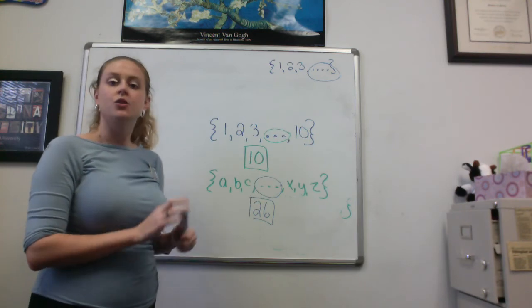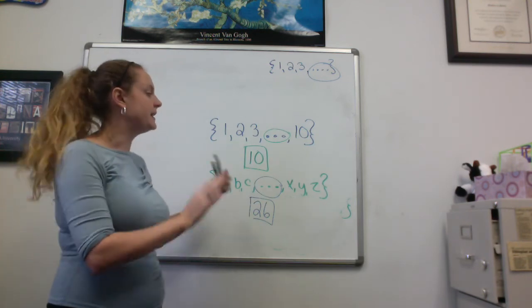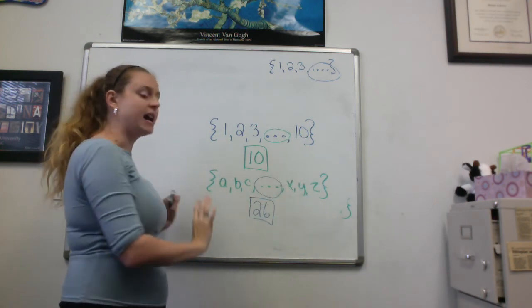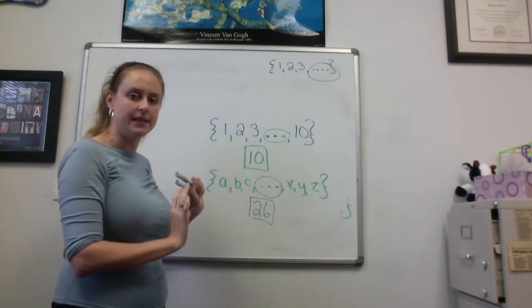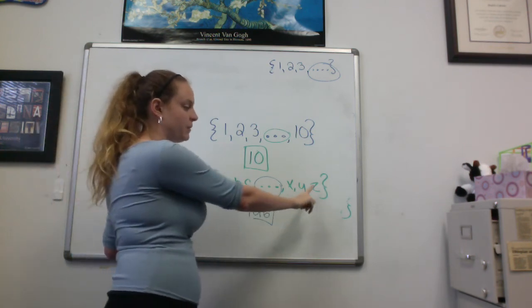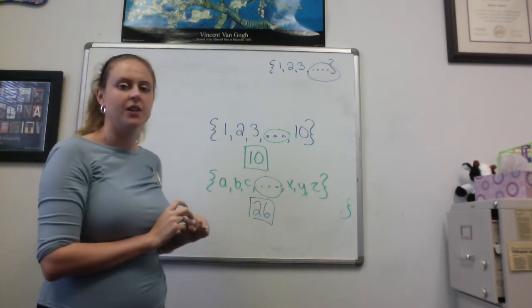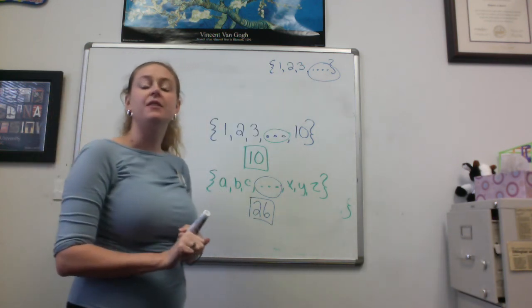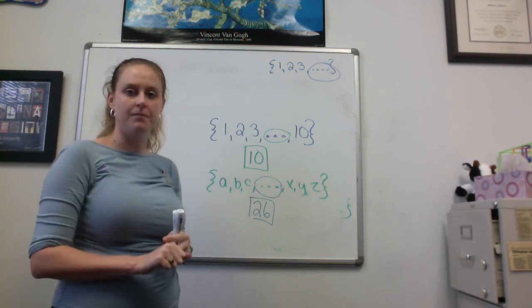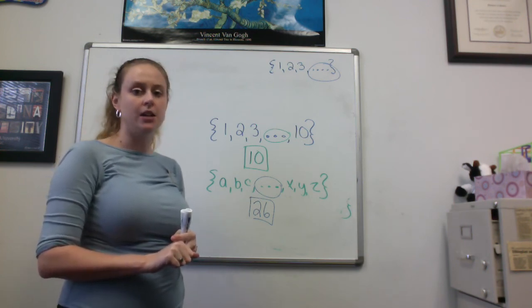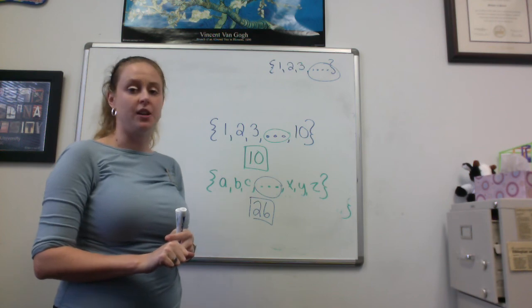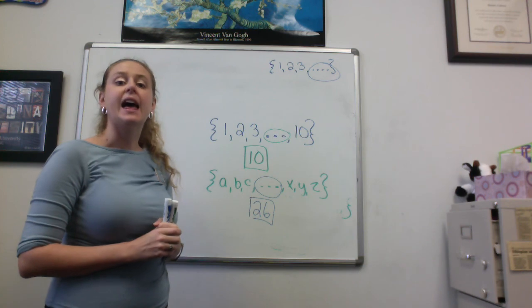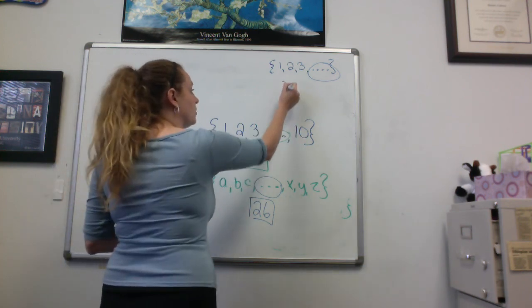So when dealing with cardinality, if it's a finite set, if it stops, there's something at the end, then we actually count how many things are in the set, either on our fingers or with something we already know about the letters in the alphabet. For infinite sets, ones with ellipses at the end, we have to decide if it's aleph null or continuum. The only ones that are continuum are the real numbers and the irrational numbers. Everything else that's infinite is going to have cardinality aleph null, which is the little squiggly